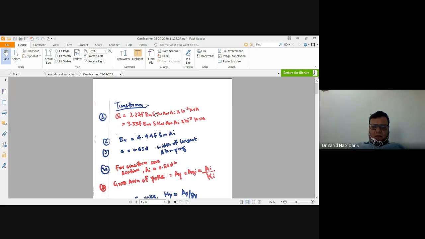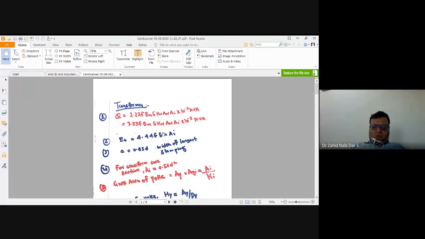So how did we replace these things? We know in the derivation we have done in the class on board, I have shown you. But here we need to remember the formula. This is the formula for that. This is for single phase 2.22, and this is for three phase 3.33 f BM rho KW AW AI. This is the net iron area, this is the area of the window, and this is the 10 power minus 3.